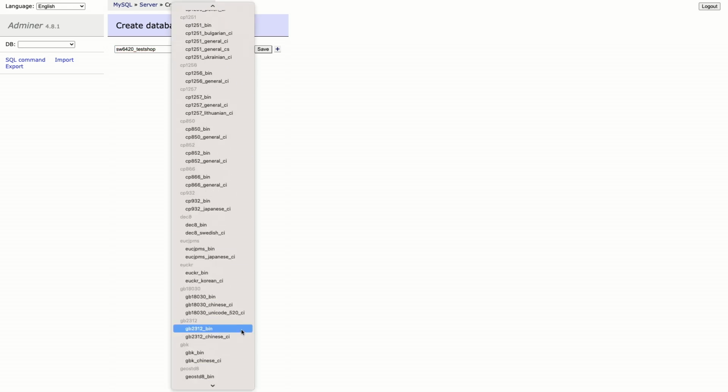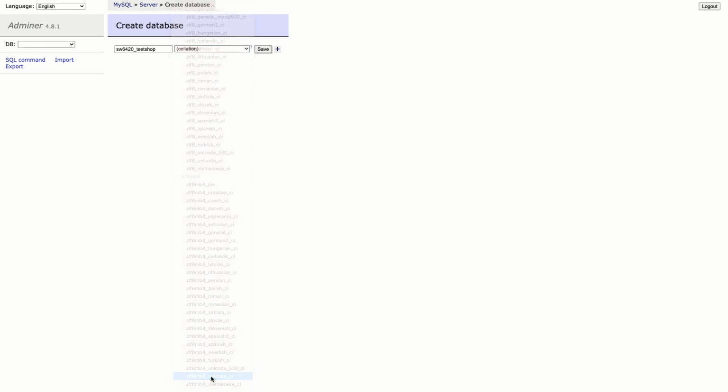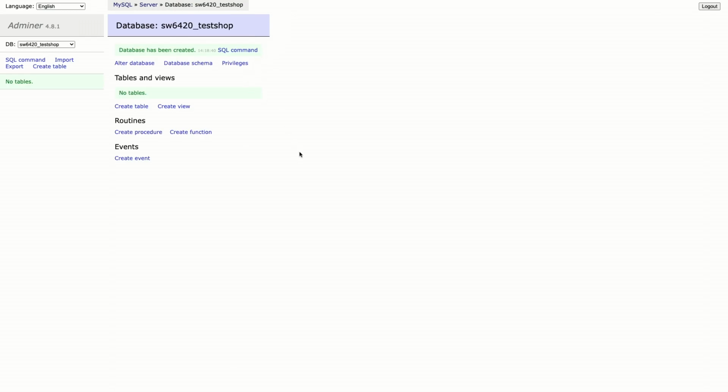We should give a name here, SW6420 test shop, and as collation it's recommended to use utf8mb4_unicode_ci, and then we save the newly created database. So this newly created database can now stay empty, and we'll proceed to the next step.